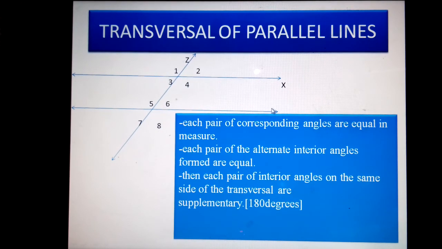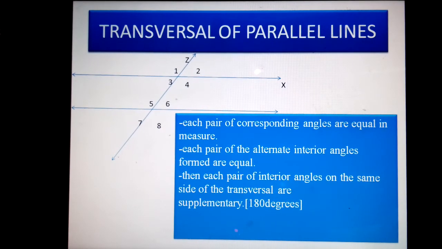So normally in the examinations we can see there will be a lot of questions given to check whether, if a transversal is intersecting 2 lines, the lines are parallel or not. How can we check it? To answer such type of questions, we should have a clear idea regarding 3 important properties